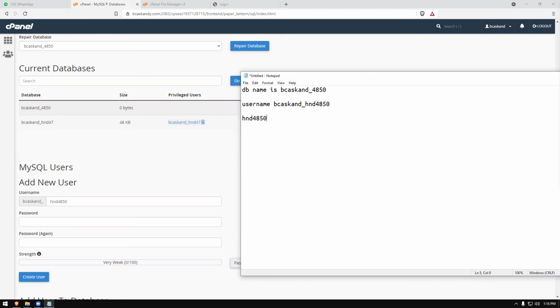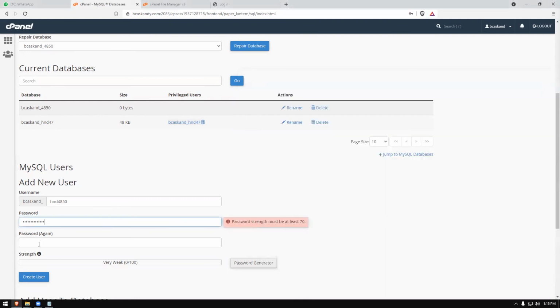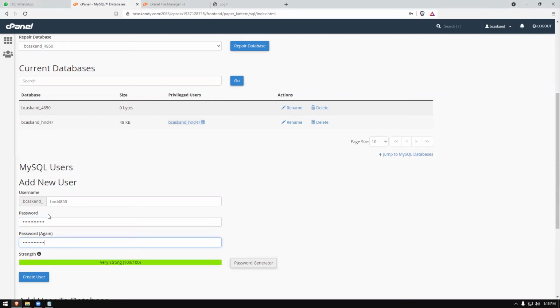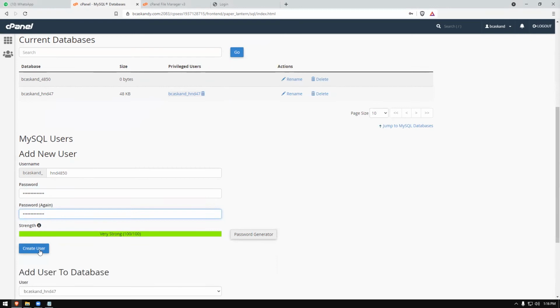I'm going to hold the shift key and type some symbols like 0, 8, 9, 10, like this. So that is my password. This is for the database password. So I'm going to put that and check the password strength. Okay, it's a very strong password. So we copied and pasted it. Then you can create the user.